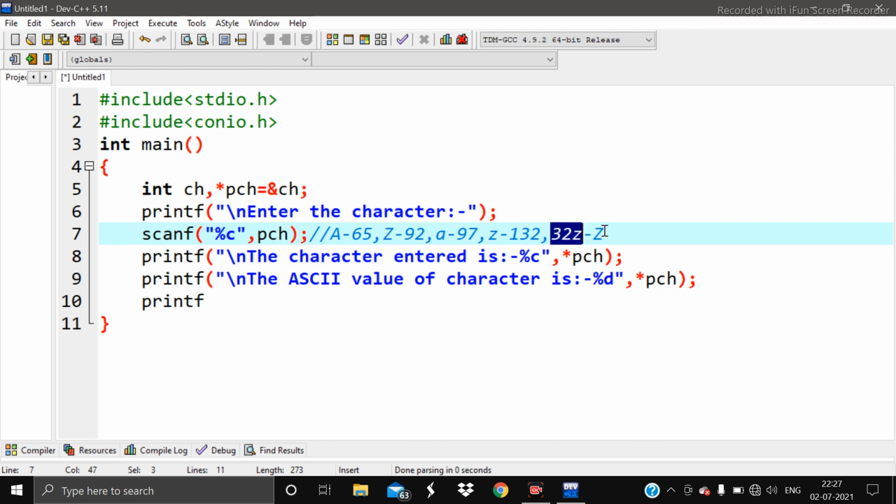So the logic here will be, we first take the value as the normal character, that is the lowercase ASCII value, and then we will subtract 32 from it. Then that lowercase character will be automatically converted into a capital character, and that character will be our output and our result.